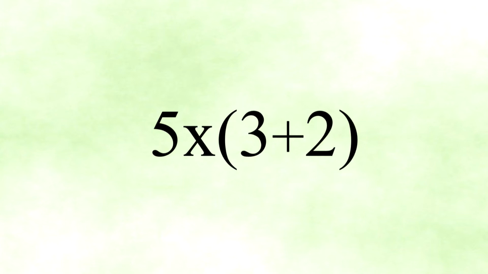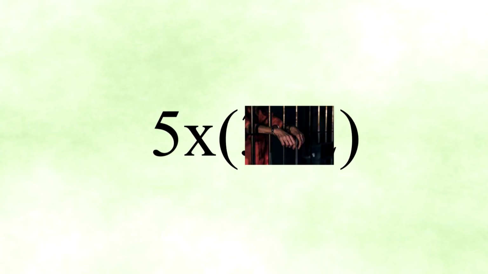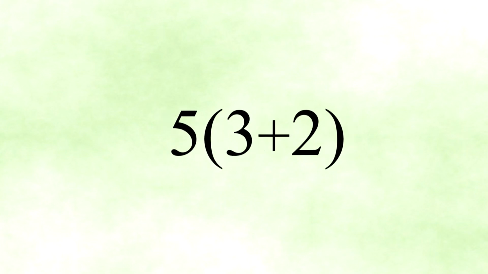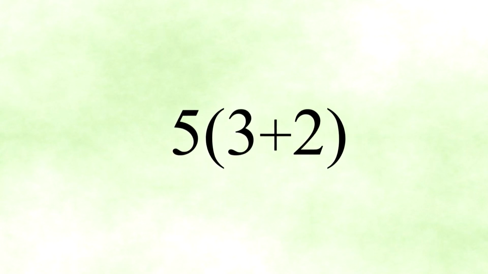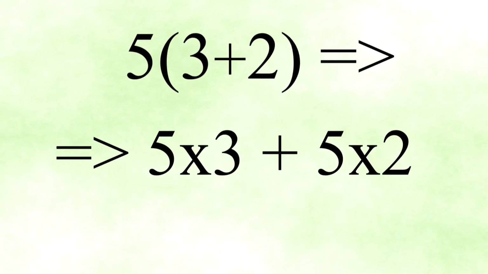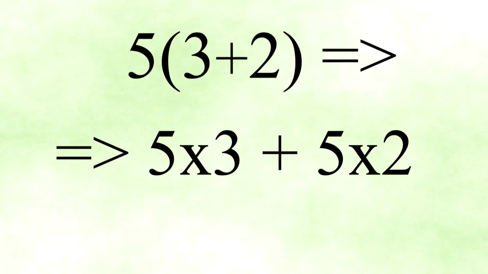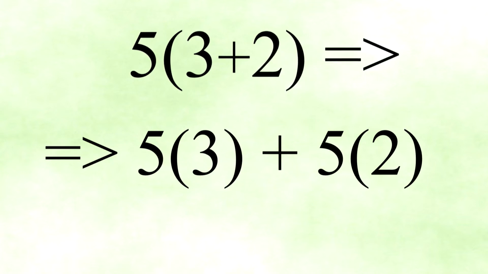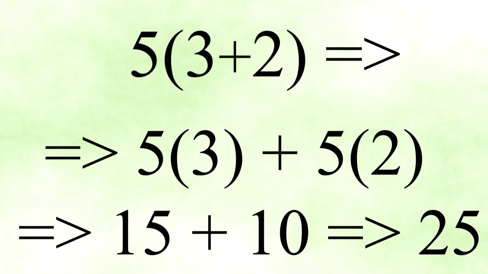Let's look at our two numbers within the brackets, miserably locked away. For simplicity's sake, before we even begin, we can represent this same example without the multiplication symbol, and it will mean just the same thing. The 5 outside of the brackets means that everything inside of the brackets must be multiplied by 5. Hence, we get 5 times 2 plus 5 times 3, which will equate to 10 plus 15, and so add